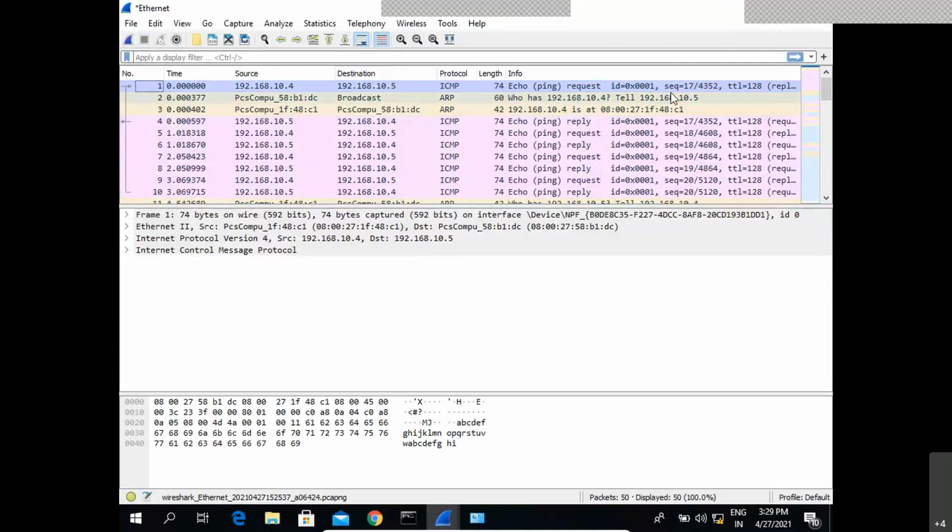Now in the fourth packet, you can see the response from it, right? So the first packet is from 10.4 to 10.5, but in the fourth packet, we can observe it is from 10.5 to 10.4, right? That means we got a reply from 10.5 to 10.4. So whatever we were trying to see in theory, within a fraction of seconds, now we are able to visualize exactly what communication has been flowing on the wire. Now we can see all the communication within a fraction of seconds.